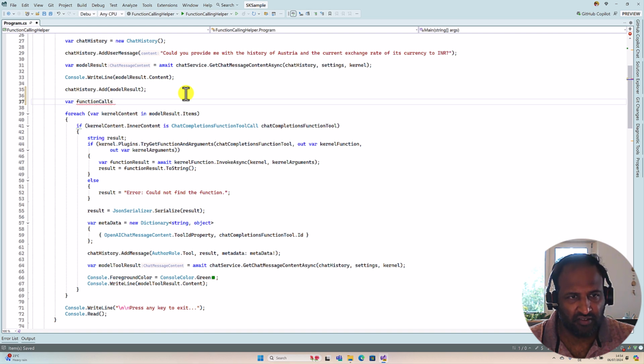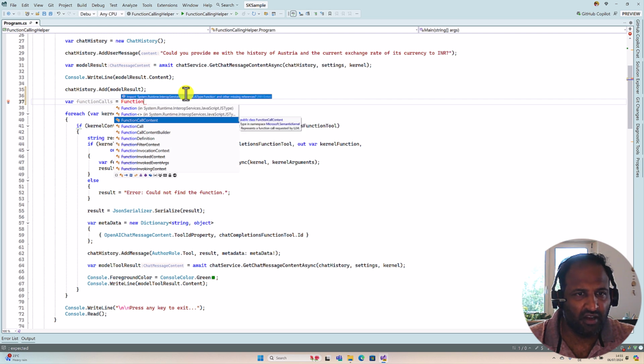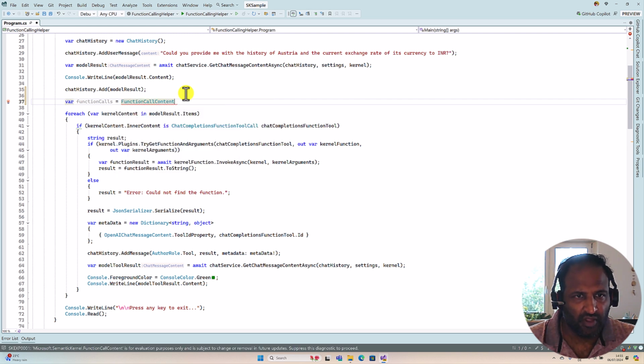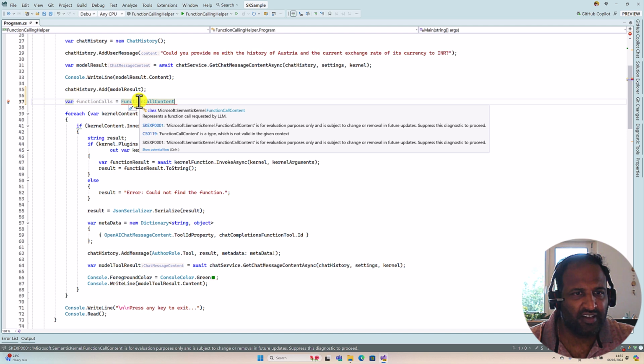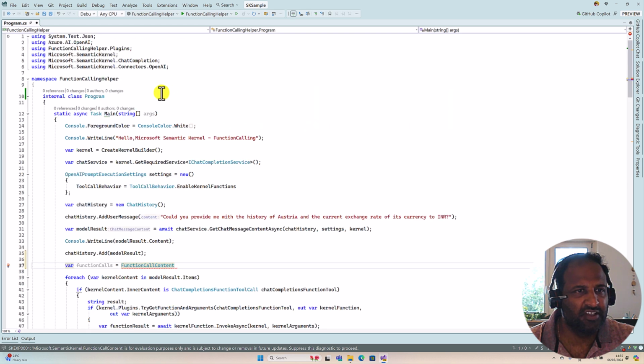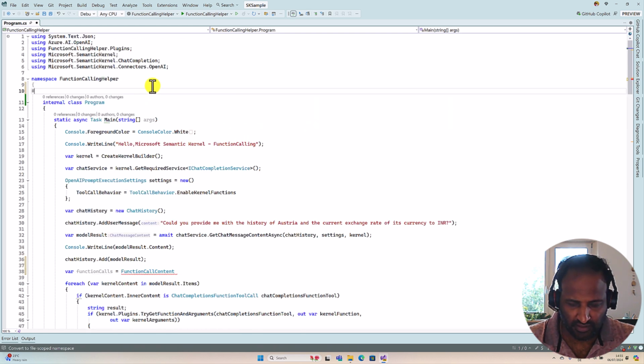The helper class name is FunctionCallContent. This class is in experimental mode at the moment, so we have to disable this warning. To disable it, at the top of the program I add the disable code warning